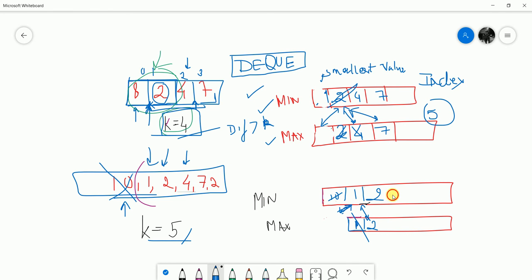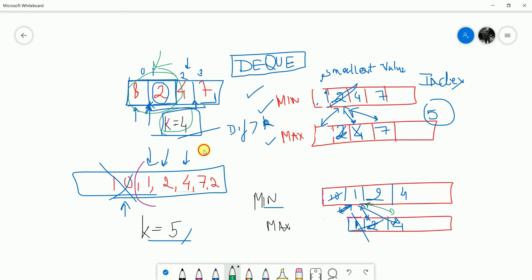And now we add 4 because it is greater than 2, so we simply push it in the minimum queue. And since 2 is less than 4, I pop this value and enter 4 here. Now the fronts are compared. These two are the front, 1 and 4. The difference comes out to be 3, which is less than 5.